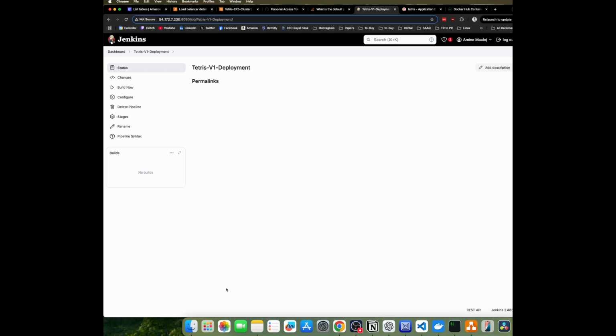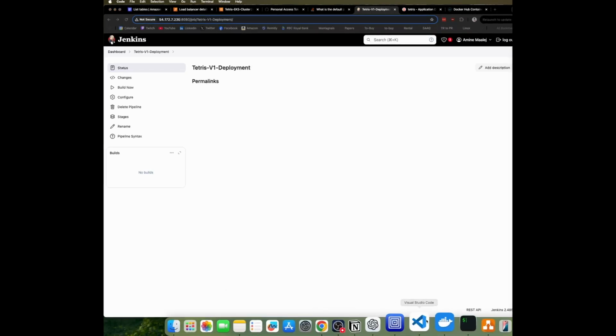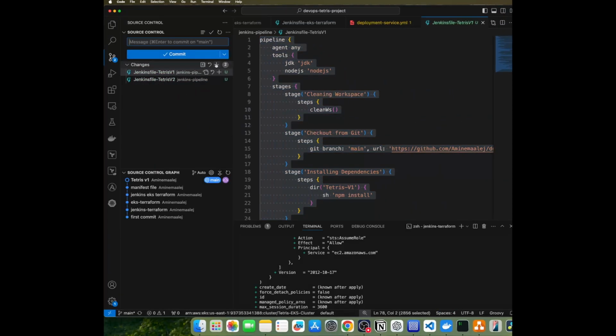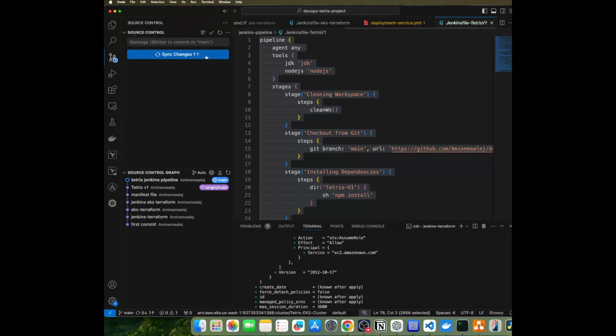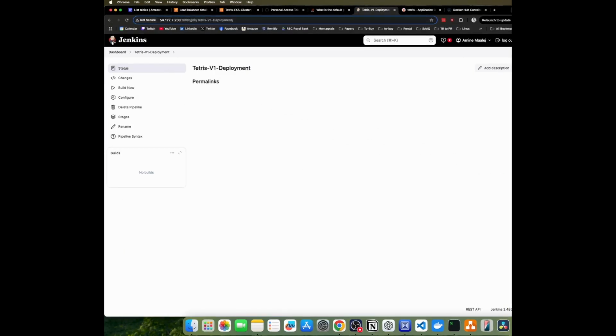So save and apply. Okay, just make sure to push the two Tetris Jenkins pipelines to Git. Alright, with that done,